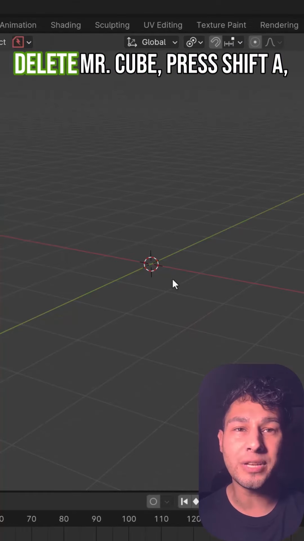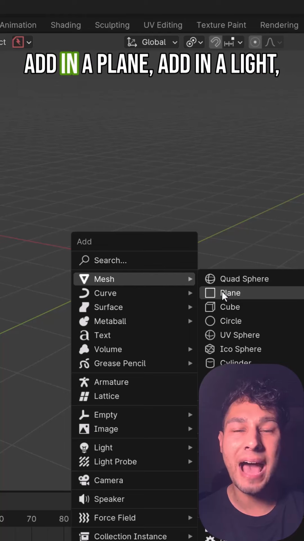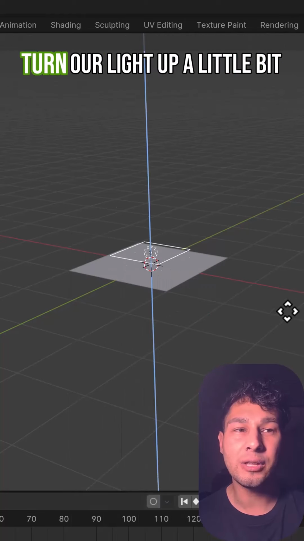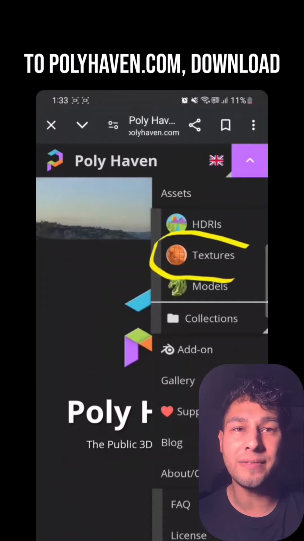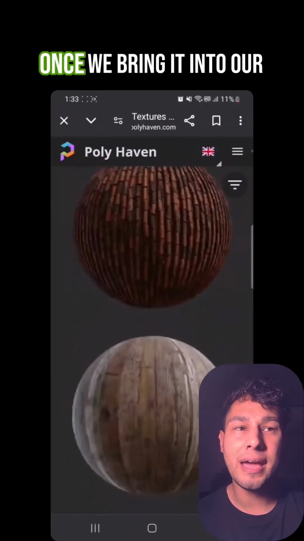We're going to delete Mr. Cube, press Shift A, add in a plane, add in a light, turn our light up a little bit and move it up. Now we can go to Polyhaven, download any of these textures, and once we bring it into